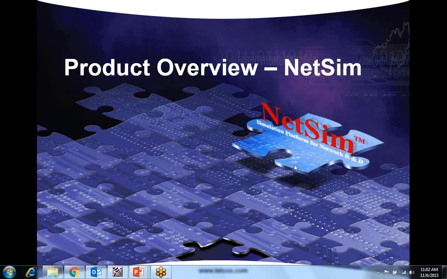Today, we are going to have a webinar on NetSIM software to see various kinds of network technologies that we can design and simulate in this software, how we can work, and how we can use this software to do our research and various lab activities. So we will start with a presentation of NetSIM software and see what kind of features it has, and then we go to the software and see what kind of designing we can do on NetSIM.